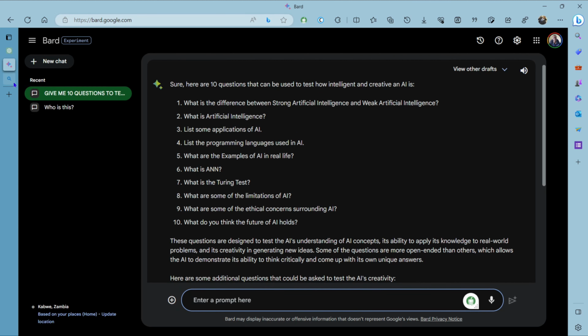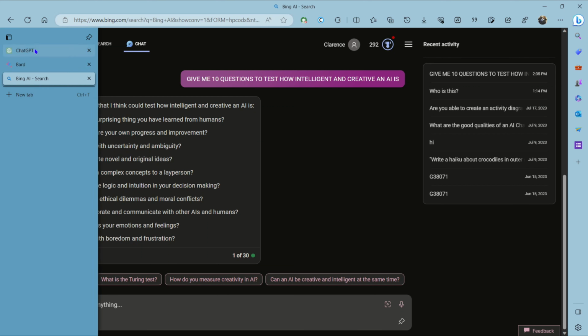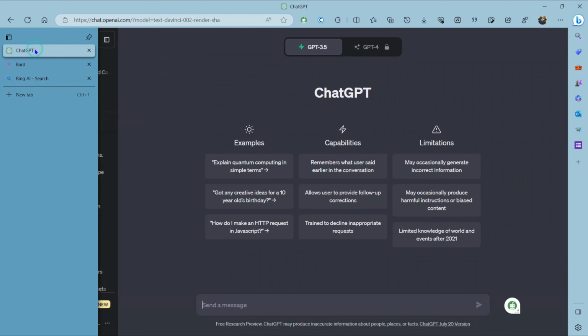Same as Bing Chat. Bing Chat is also able to accept images, you're also able to record audio, and you're also able to type text,